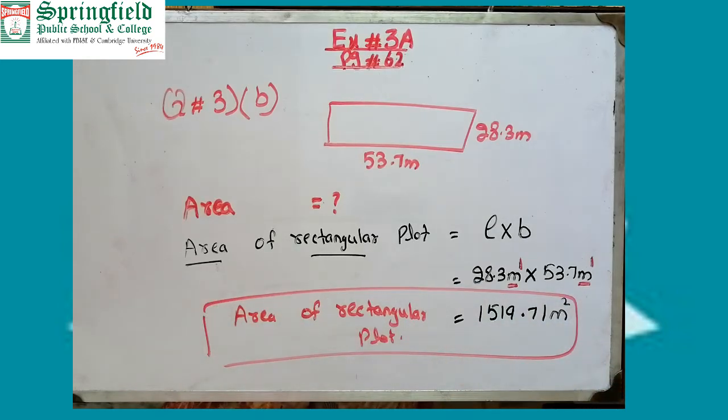But they are saying that round off to the nearest 100 meter square. Now round off this number to the nearest 100 meter square. Fine. So it's your task. Round off this number to the nearest 100 meter square. Fine. And complete this question in your notebook. Understood, beta? Now come to question number 4.